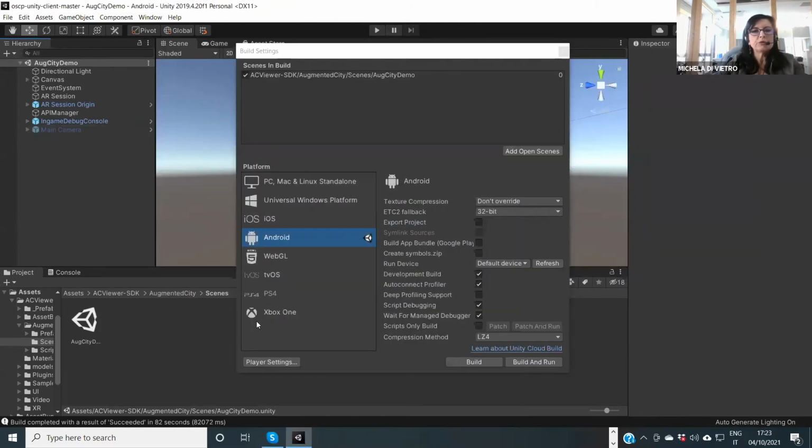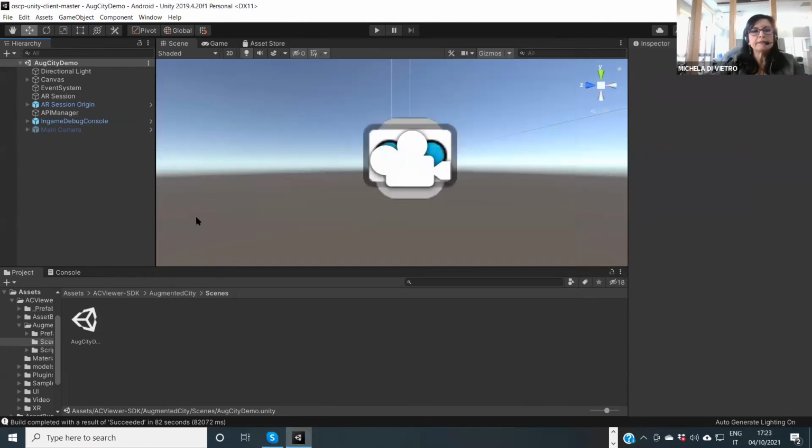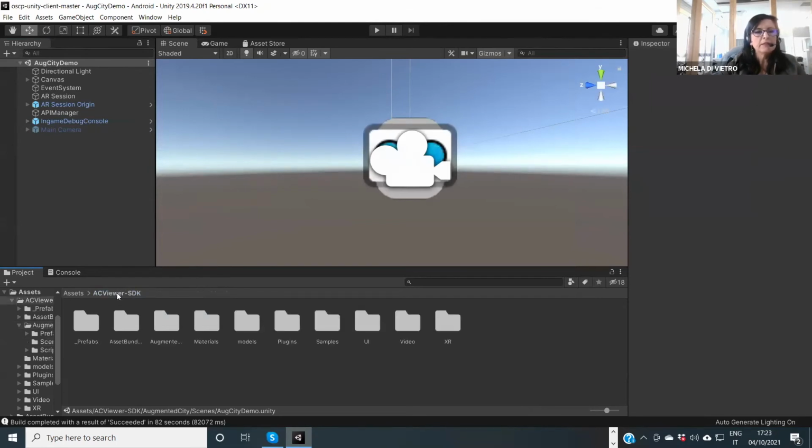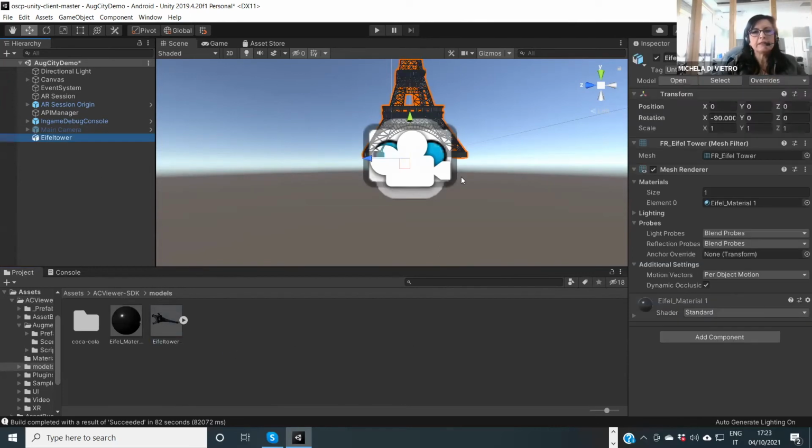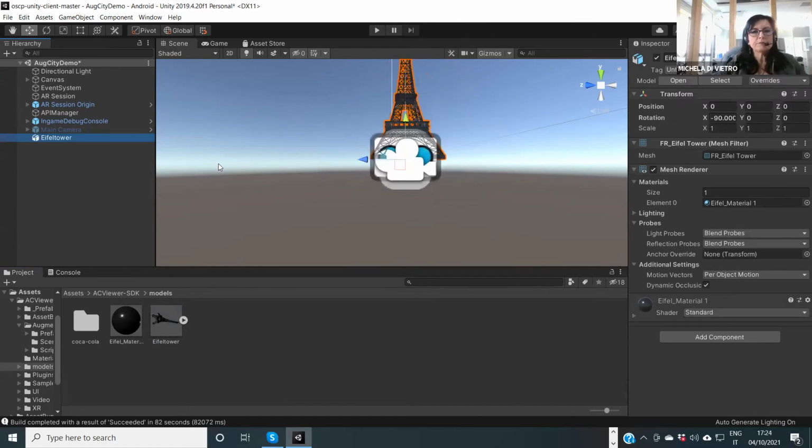I would like to show you now how to create a scene. Just to give you an idea, in the SCViewer SDK, you can also find a folder called models. If you put this in your scene, you can also display it.